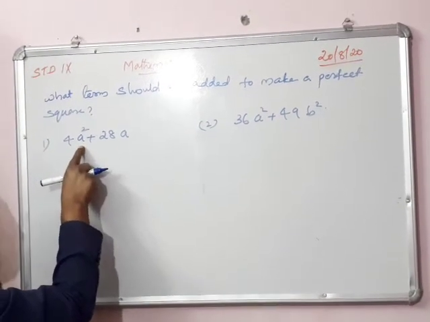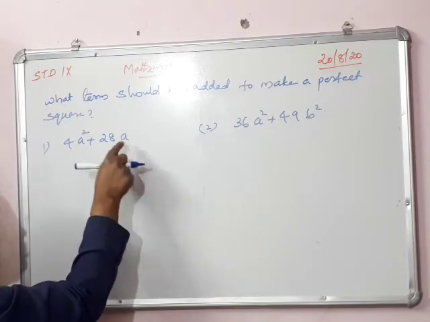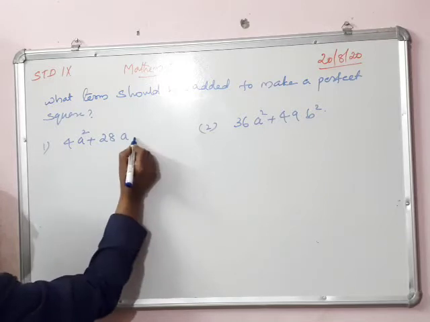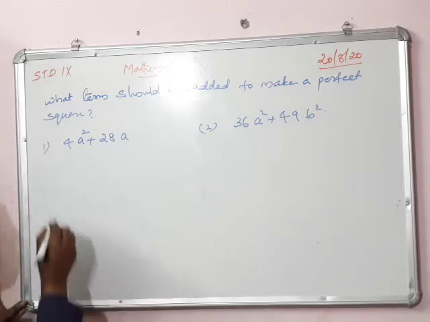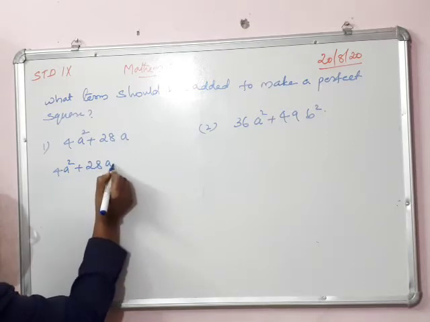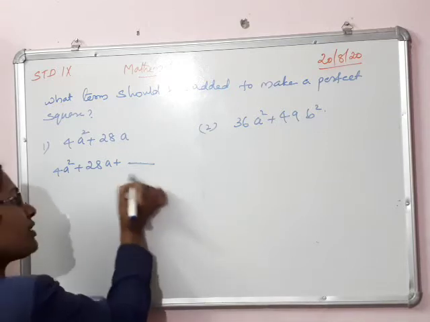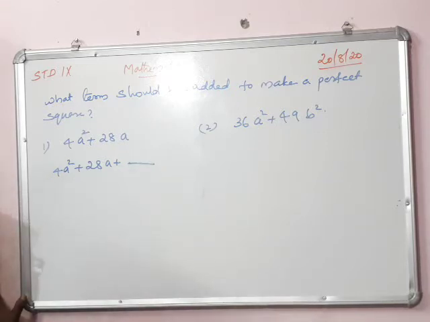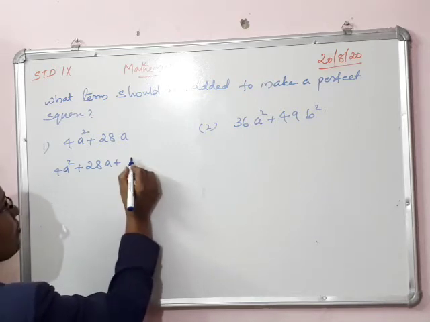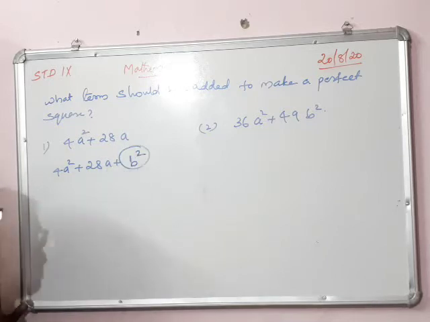So what will we do? First you may check. This is the first term, sure. This is the middle term because there is no square form. So sure, the last term is what we want to add. So listen, 4a square plus 2080a plus something, the last term. The square of something we will add there, for becoming a perfect square. So here, suppose this is b square, we add it as b square.